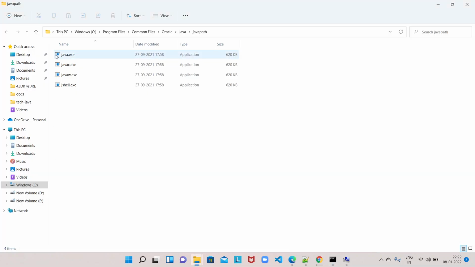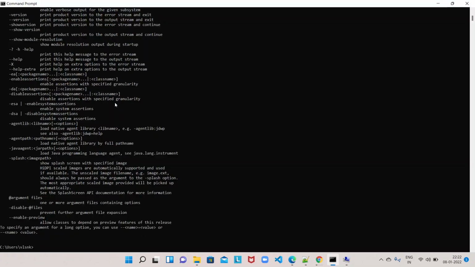Let me check whether there is one tool, javap, which is used to get the details of any Java class, whether shipped with the predefined library or your own class, if it is there in the class path. That command exe is not present here, right? So let me check with javap.